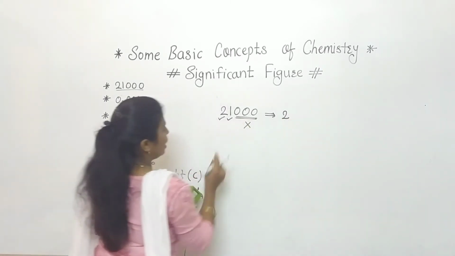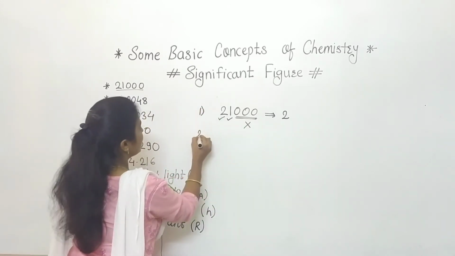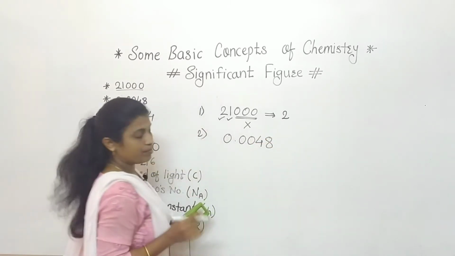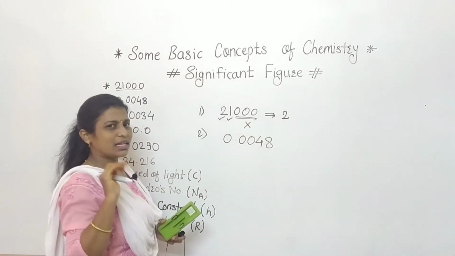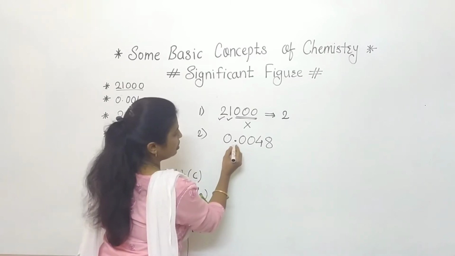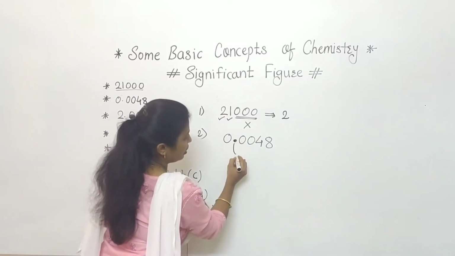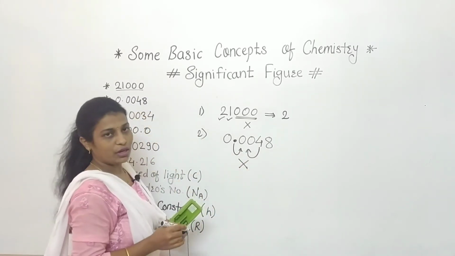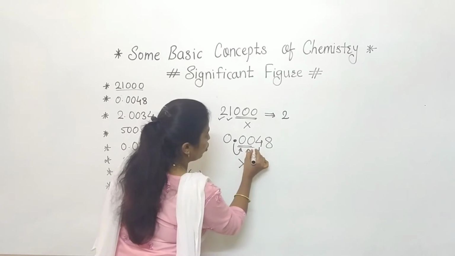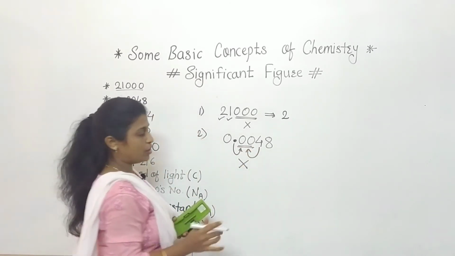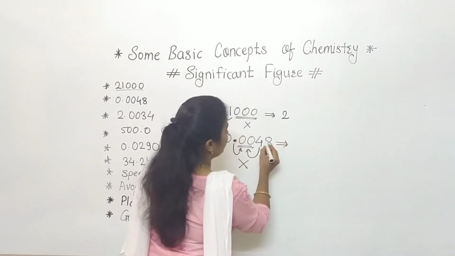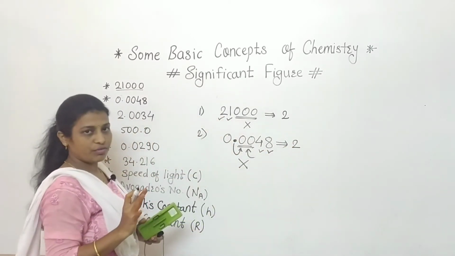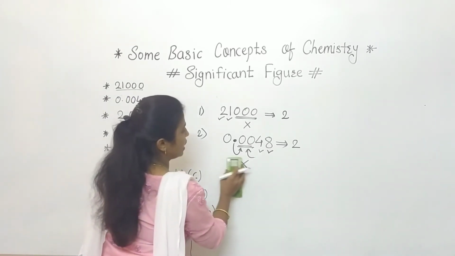Okay, so यहाँ पे complete हो गया first example. Second example, if we consider, that is 0.0048. Now see second rule, not second exactly, we can say third rule. What is that third rule? Zeros coming after decimal but before non-zero are not significant. Means these both zeros are not significant. So for this value, significant figure is only 4 and 8. That's why 2. Clear to everyone? So here we have completed our second example.